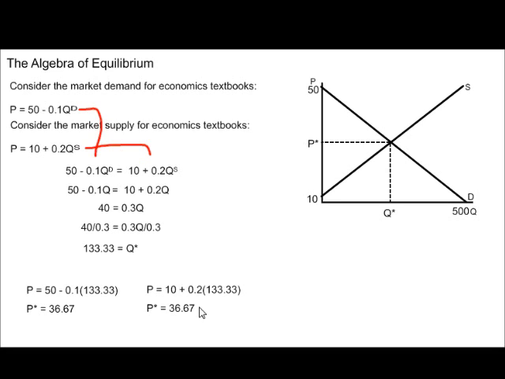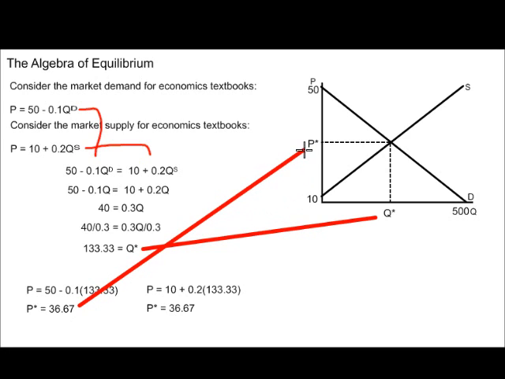I want these two to match up because that tells me that my algebra is probably correct. Not always correct, but probably correct. So again, we've got our two values that we've solved for. Our Q star is this value over here, and our P star is this value right here. That is a quick little introduction to the